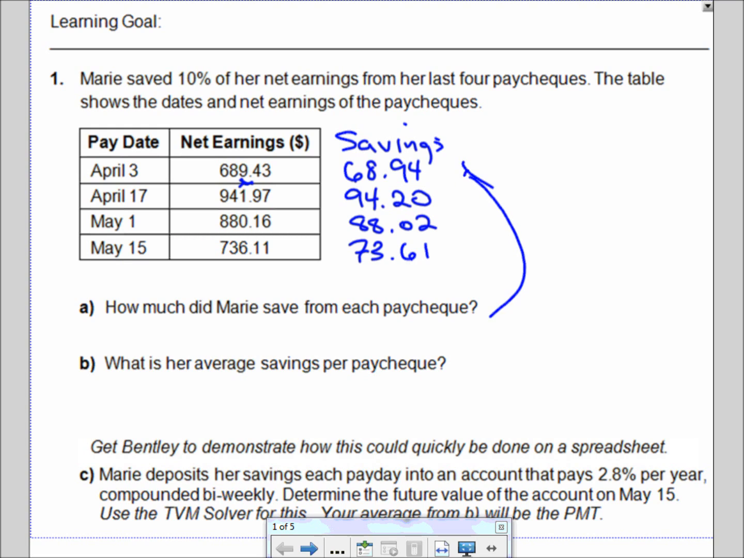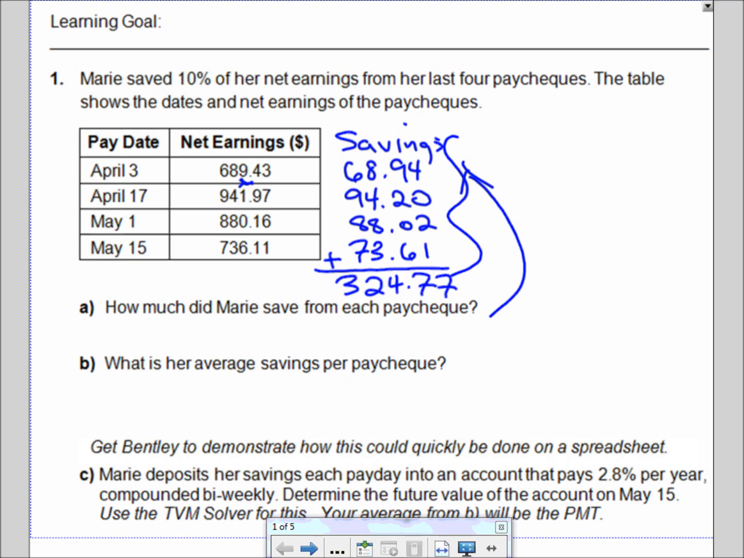So this is our answer. What is her average savings? Remember, if you're calculating the average on a test, you would take the total out of how much and divide by that, then times by 100. This one, we're going to add them up and divide by how many there are. So the total for our savings is 68.94 plus 94.20 plus 88.02 plus 73.61 equals, I got